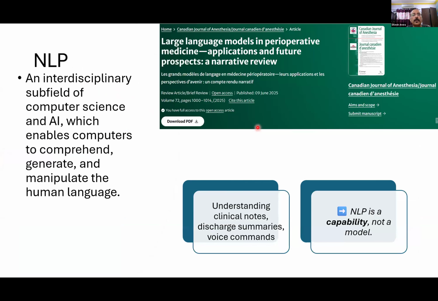So let's understand what NLP, natural language processing, is. The computer has to understand our language. It's an interdisciplinary subfield of computer science and AI, which enables computers to comprehend our language, generate and manipulate human language, and give us the output.